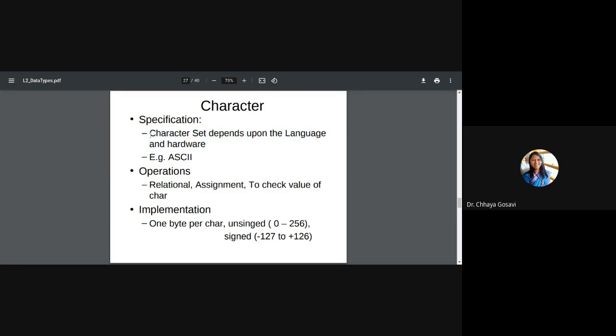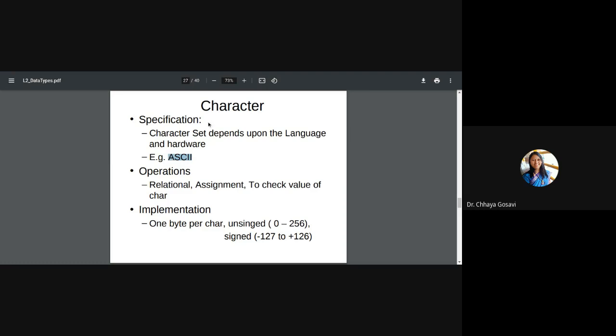And there are different types of character sets that various languages support. For example, C++ supports the ASCII character set, American Standard Code for Information Interchange, and Java uses the Unicode character set.